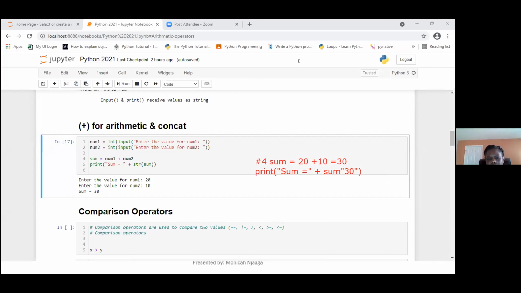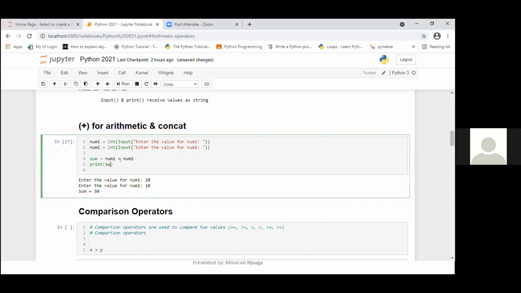I do have a quick question, Jemima. Sure. Can you hear me? Yes, I can. So is it the same as just saying print sum without having the addition and converting it to a string? Yeah, we are all here. Let's do this. That's your question, right? Can we just print sum? Yes. Let's see.